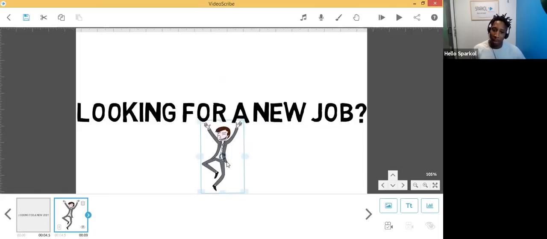Now, looking at our timeline, we can see that the second element has been added to the right of our text element. And underneath the thumbnail of our text element, it displays 0 seconds. This is the beginning of our scribe project on our timeline. Now, just underneath it to the right, it shows 4.5 seconds. This is how long this element is going to play for. Now, we can see that on my second element, this finishes on 9 seconds. Okay? Now, this means that it will play both of these elements, and at the end, at 9 seconds, the